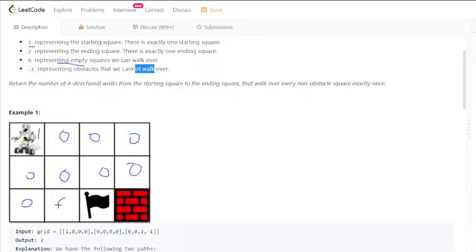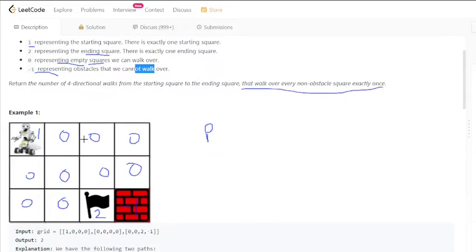Now the obstacles are represented by -1, so this is one of the obstacles, and we can consider this to be -1. And the target element or the ending square is considered to be 2, so this is 2. Now what we need to do is find such paths such that a robot visits the empty squares exactly once, and that's what this line is saying.